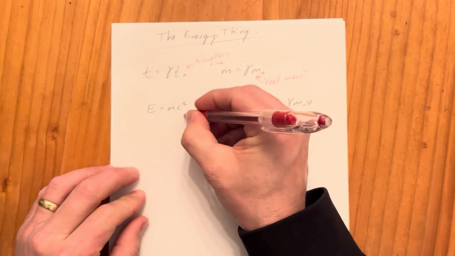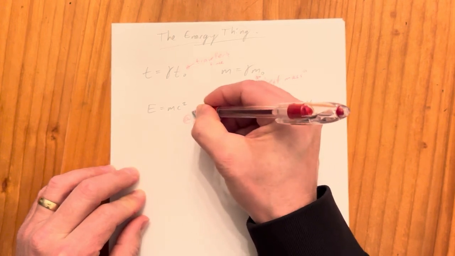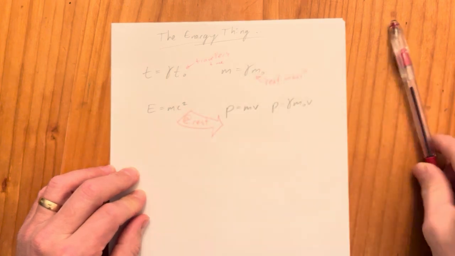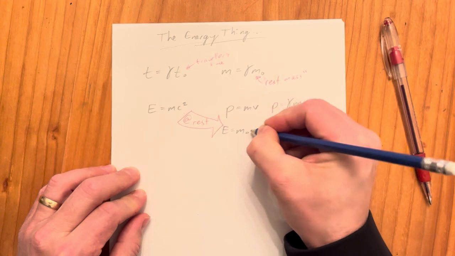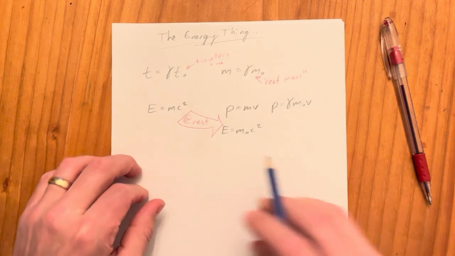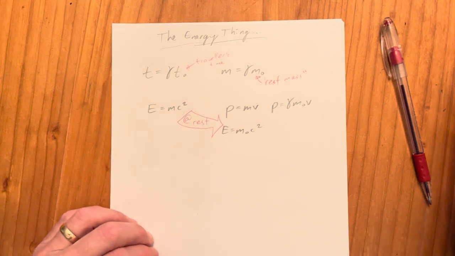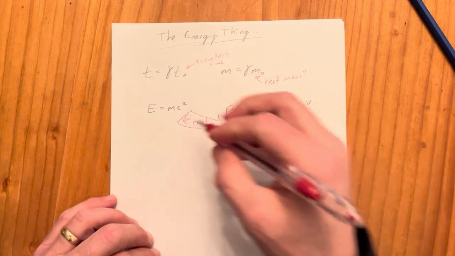So if this is at rest, then you're going to have E equals m naught c squared. If your particle's at rest, you can just do that, and you can have the rest energy of the object. But if it's moving,